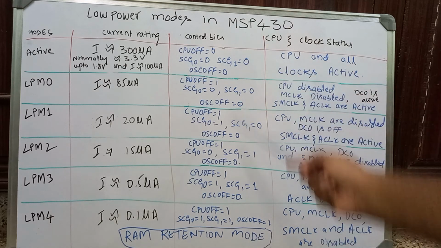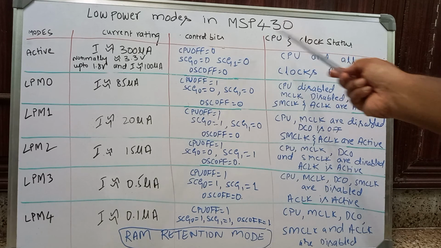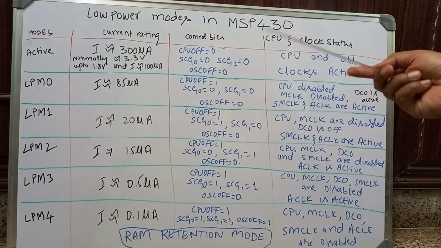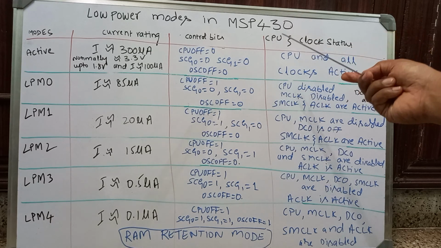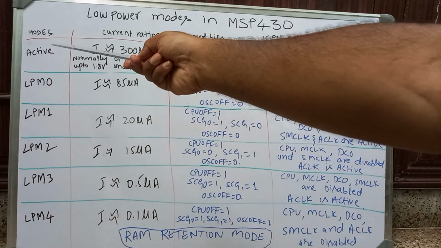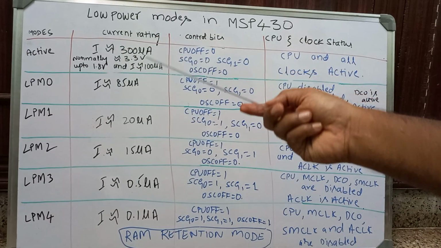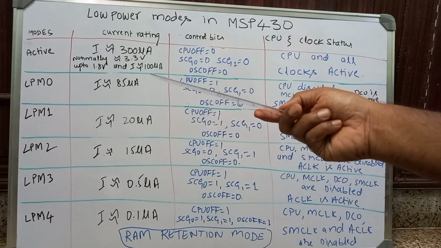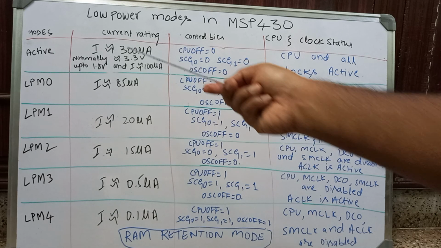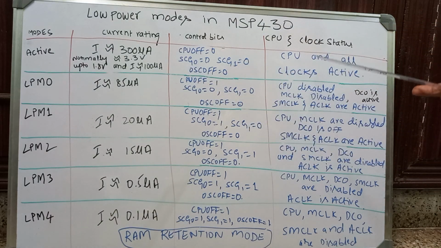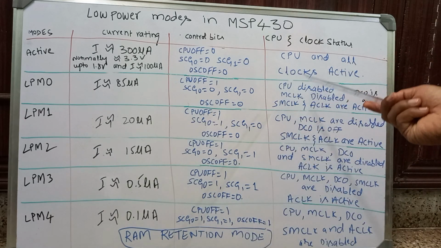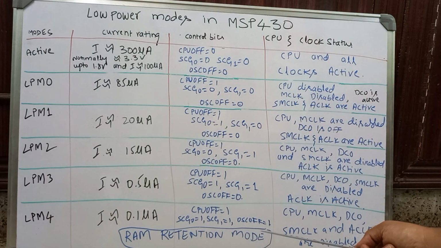So this is how the MSP430 functions in different low power modes. As soon as the MSP430 is switched on, that is on power on reset or power up clearance, the MSP430 always starts with the active mode. With the introduction of an interrupt, it can switch from the low power mode to the active mode. This is how MSP430 can optimize the power supply and improve its operational efficiency. Thank you.